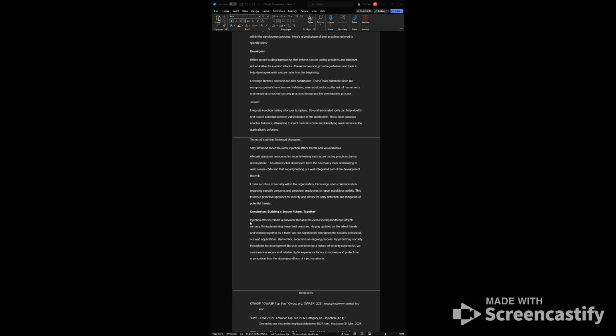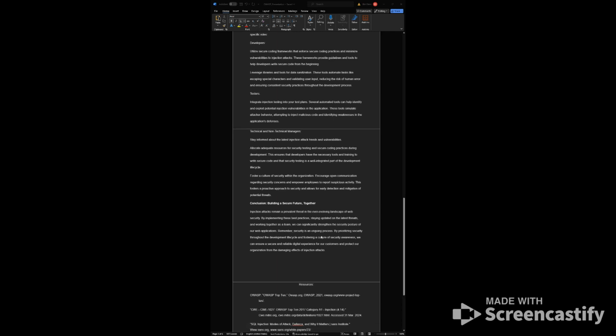In conclusion, injection attacks remain a prevalent threat in the ever-evolving landscape of web security. By implementing these best practices, staying updated on the latest threats, and working together as a team, we can significantly strengthen the security posture of our web applications. Remember, security is an ongoing process. By prioritizing security throughout the development lifecycle and fostering a culture of security,